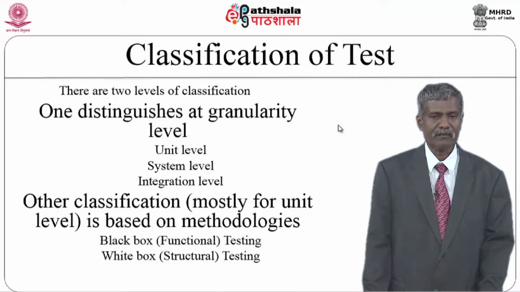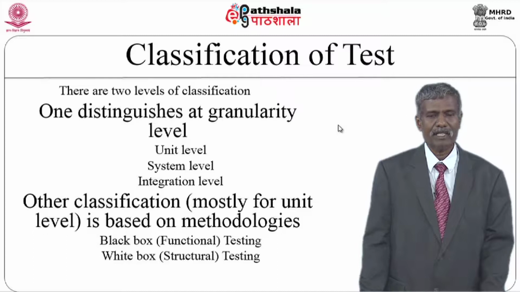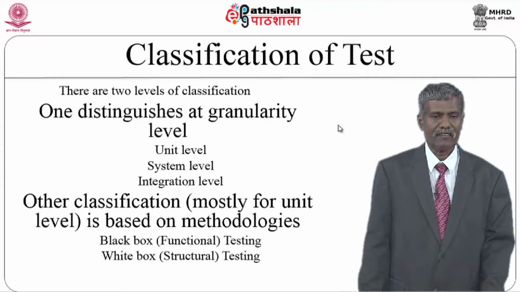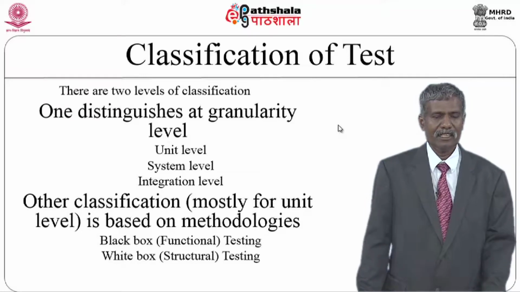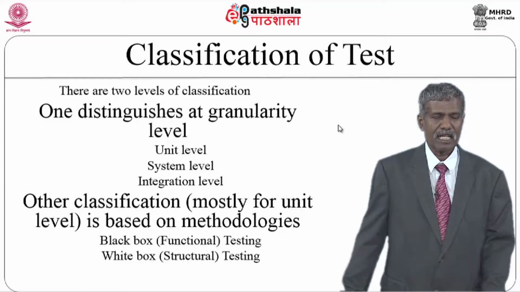In black box testing, we test the functionality of the program. For example, if you want to find the tax for somebody, it should find the tax. If you want to find the average salary of all the employees, you have to check whether it is finding the average only. On the other hand, in the white box method, you have to check each and every statement, each and every loop, each and every block, whether they are working. In black box testing, you are not bothered about the individual statements, individual blocks, individual loops and so on.